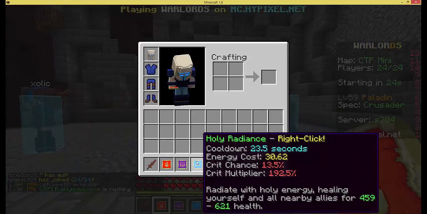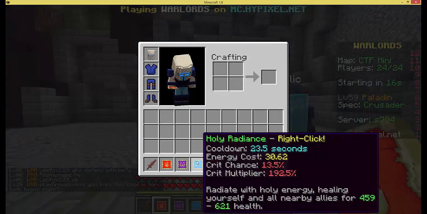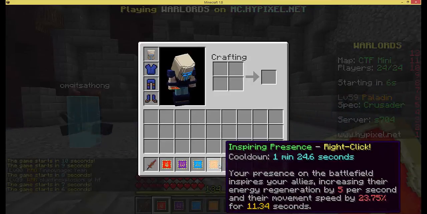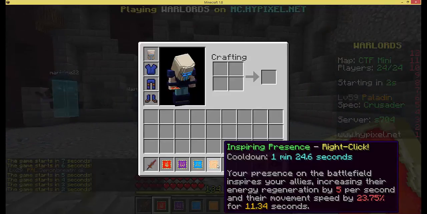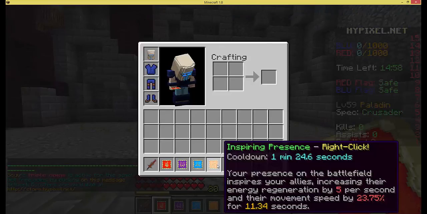Holy Radiance: you right click, its cooldown is 23.5 seconds, it costs about 30 energy, it gives you a crit chance and crit multiplier for a short period of time, but it also heals you for a good amount of health, and your allies. Inspiring Presence: basically your presence on the battlefield inspires your allies, increasing their energy regeneration by 5 per second and their movement speed by...